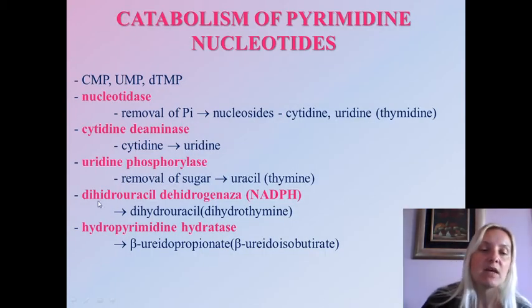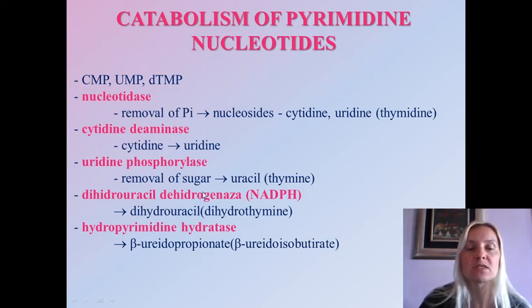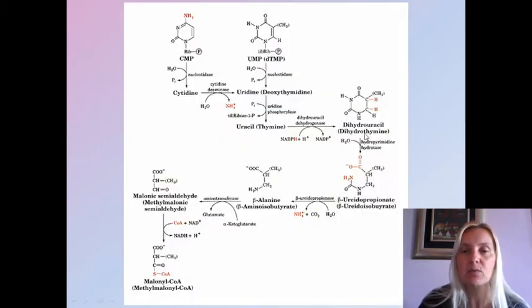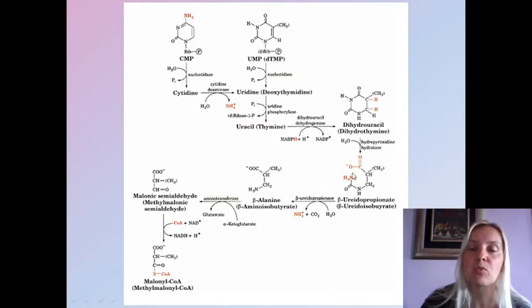So here we have the enzyme listed, dehydrouracil dehydrogenase, requiring NADPH. So we have dehydrouracil and dehydrothymine forms, and they are subjected to the cleavage of the heterocyclic ring by the enzyme hydropyrimidine hydratase to form two products, beta-ureidopropionate or beta-ureidoisobutyrate. Those products are then subjected to one more deamination process by ureidopropionase to form beta-alanine and